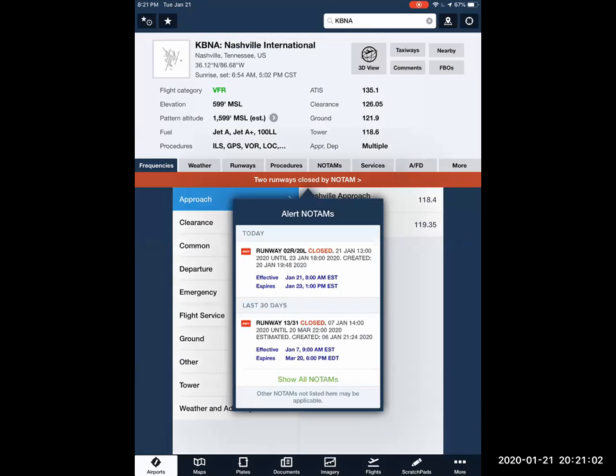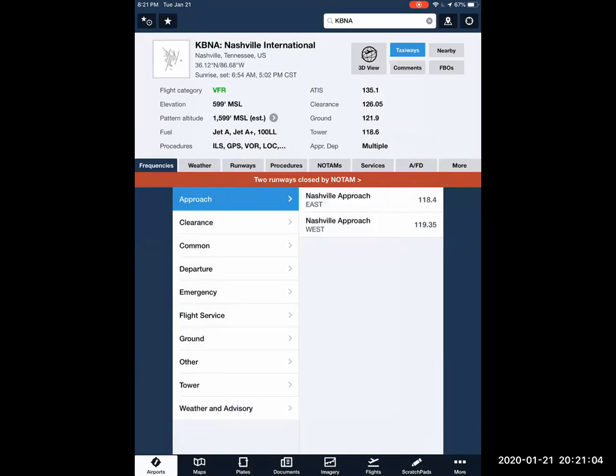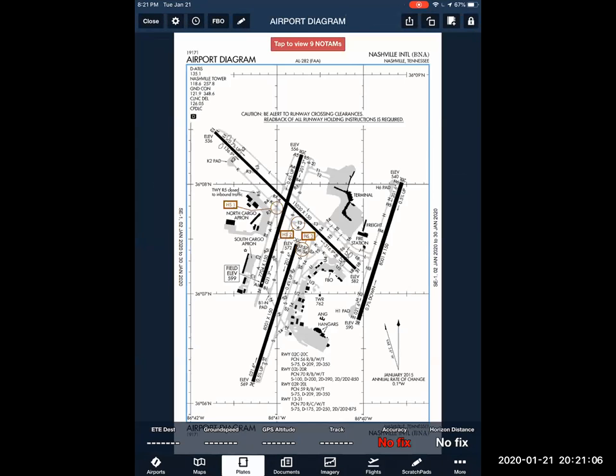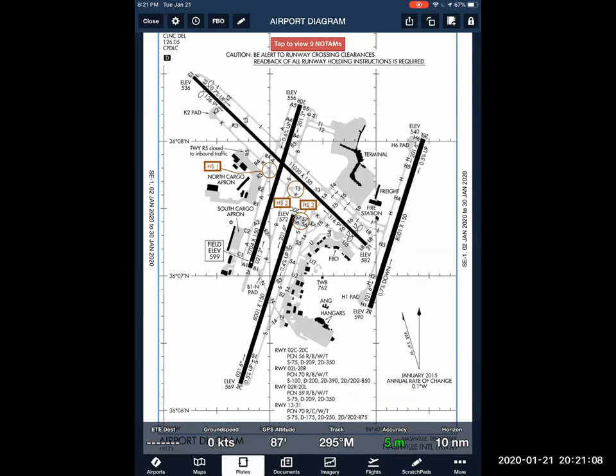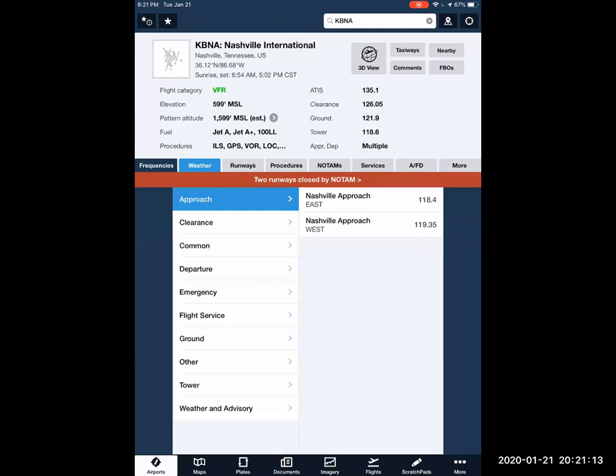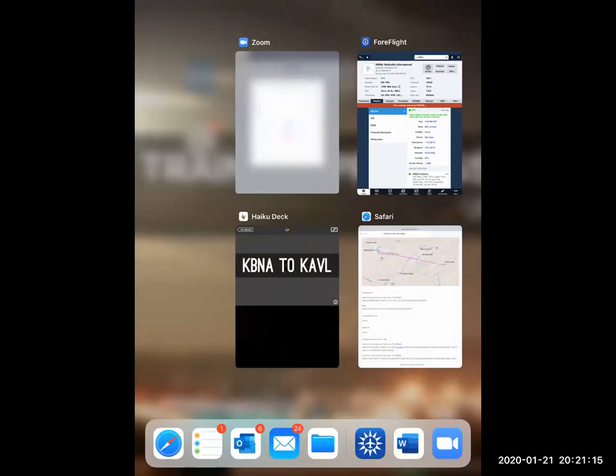All right, so we get the same advisory. Those are the two runway closures. If we take a look, we've actually got quite a few airport runways there. So you can see that it shouldn't be an issue. Once again, based off of the forecast conditions, let's go back and take a look at